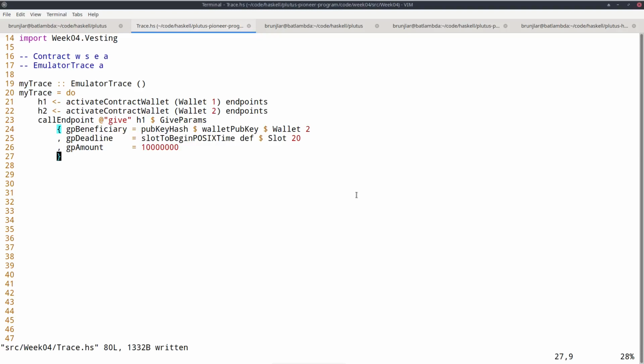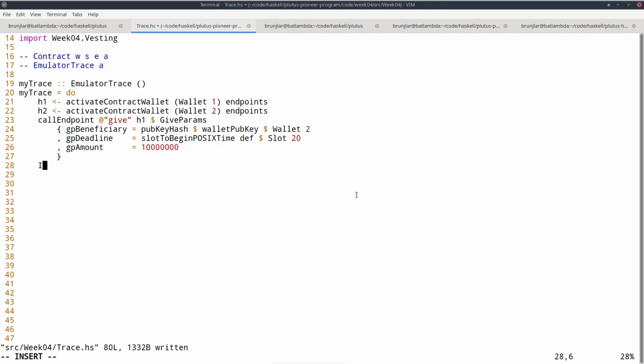Now for wallet 2 to grab it, for that to be successful, the deadline has to be reached. And another thing we can do in the trace monad, apart from activating contracts and calling endpoints, is also waiting, either for a number of slots or until a specific slot, similar to what we did in the playground as well. So that is wait until slot.